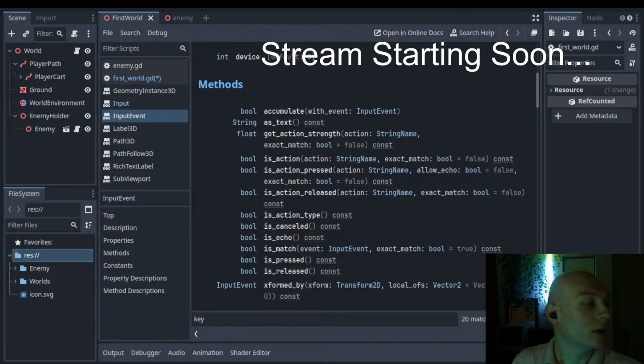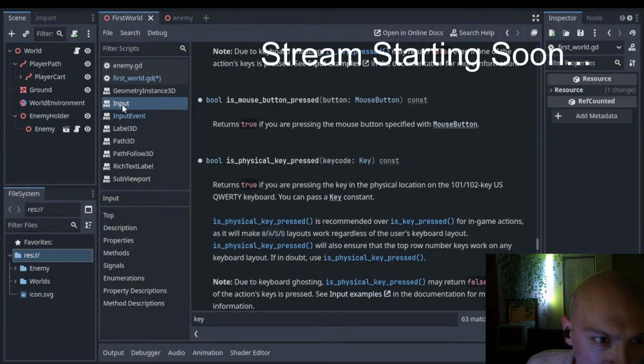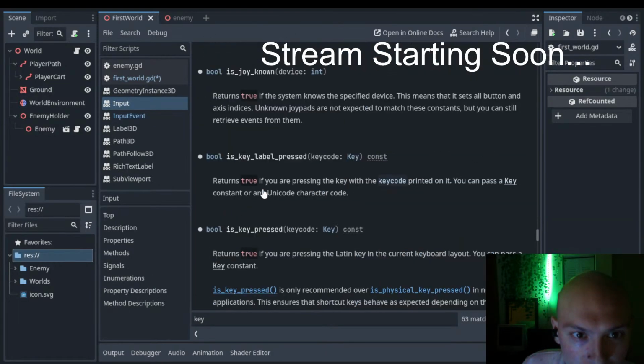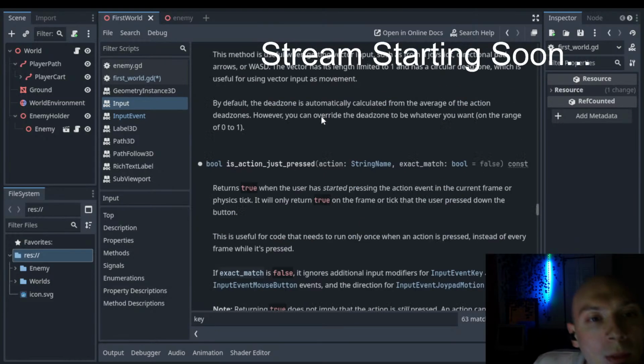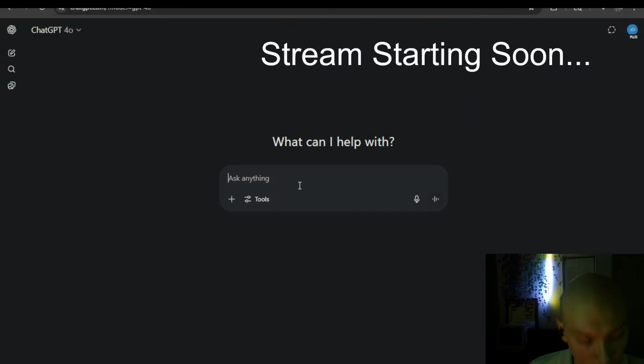Whatever. And see, this is where it's much easier to go on ChatGPT and just ask real quick. Which is brutal, but it's true. But yeah, I think that's input event. What's the difference? Input. All right, here we go. And this is where it helps. What is the difference